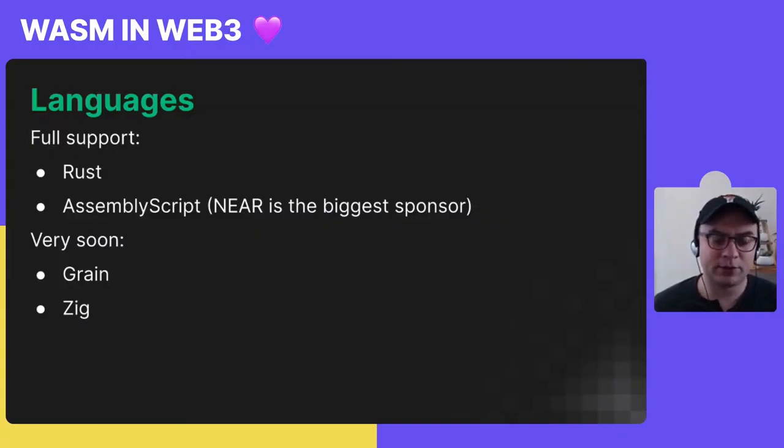The other two languages that we are going to support very soon as smart contract development languages are Grain and Zig. For those of you who don't know Grain, it is a very recent language that has gained quite a lot of popularity because it tries to be a web development focused language, but also very easy to compile to WebAssembly and native to WebAssembly development.